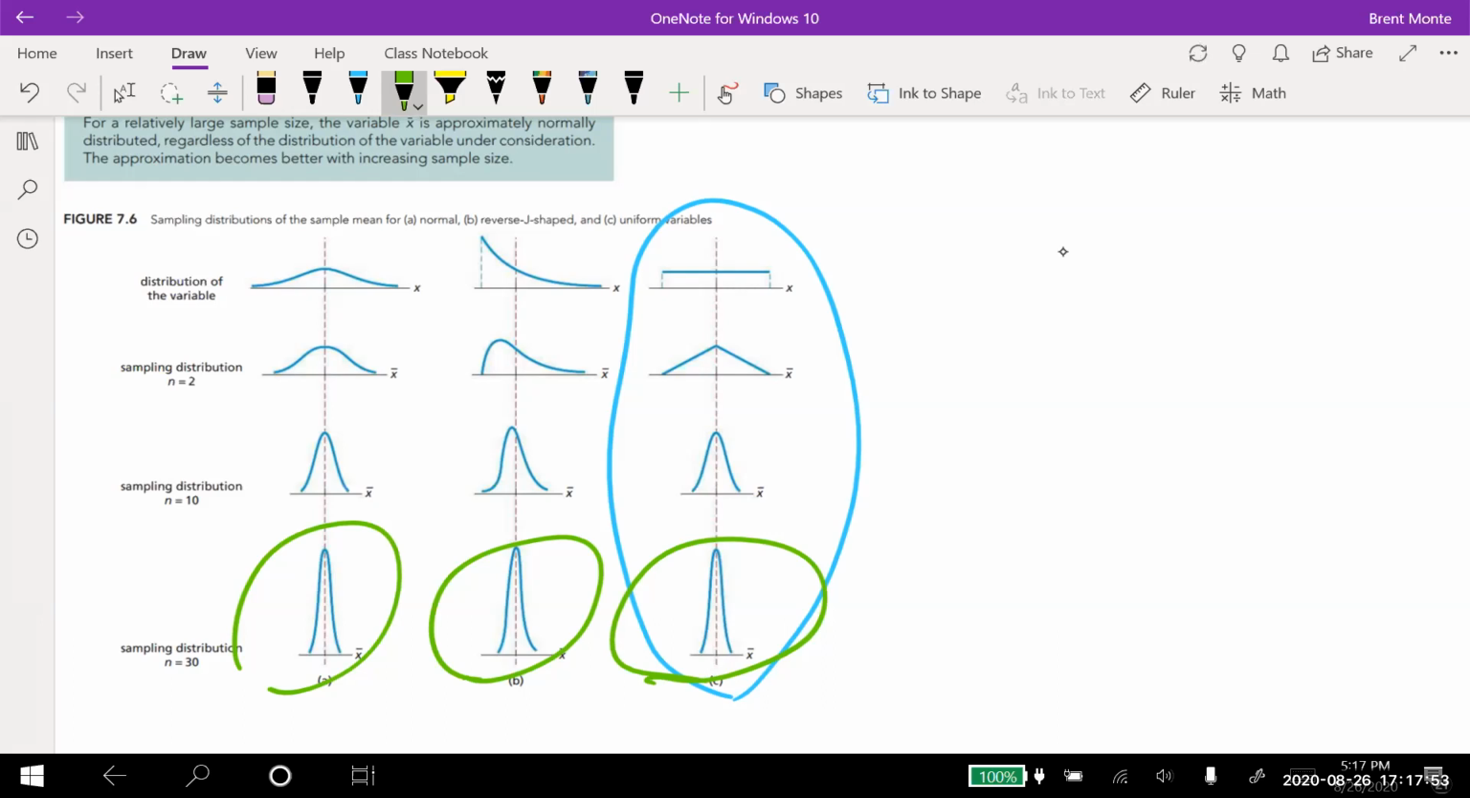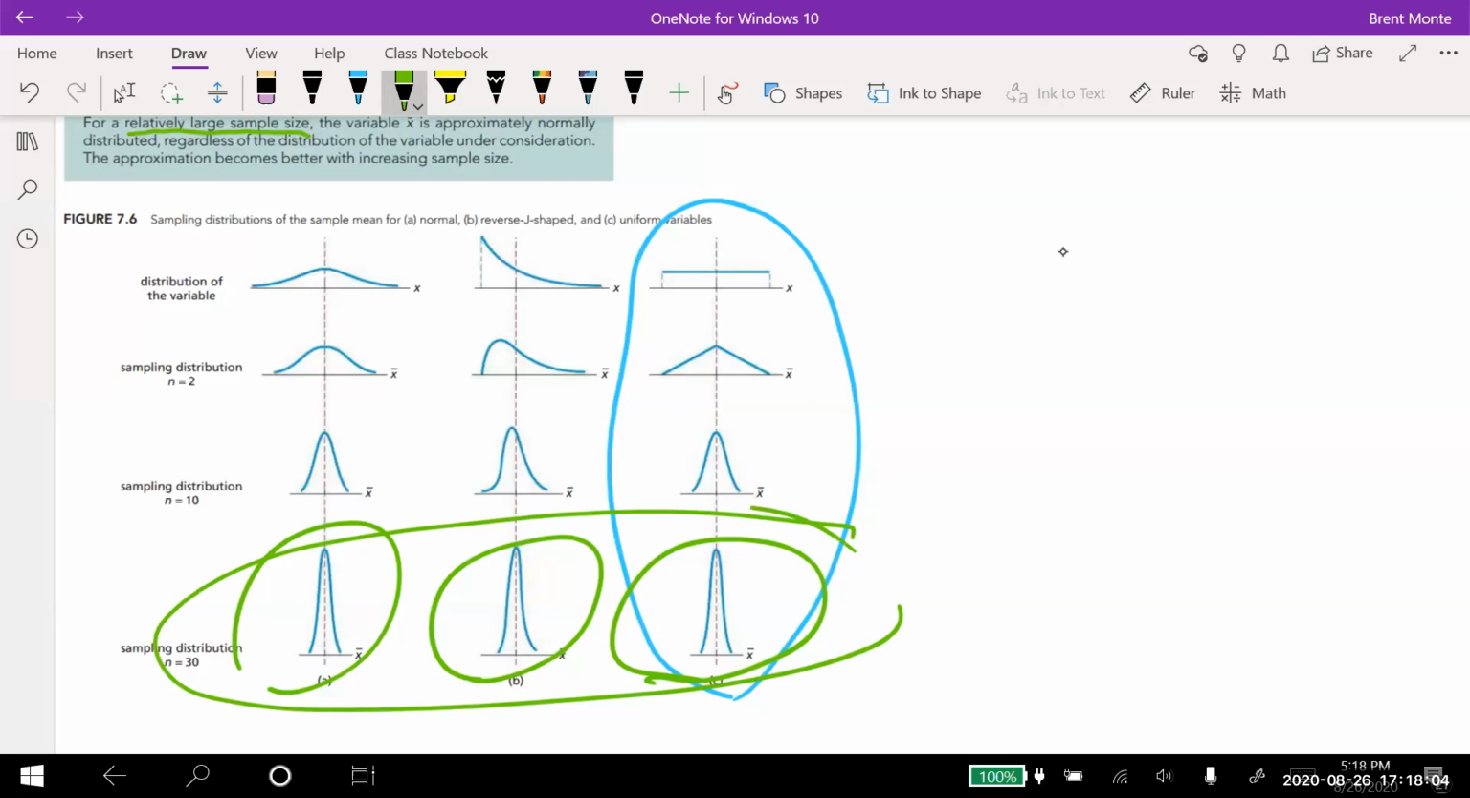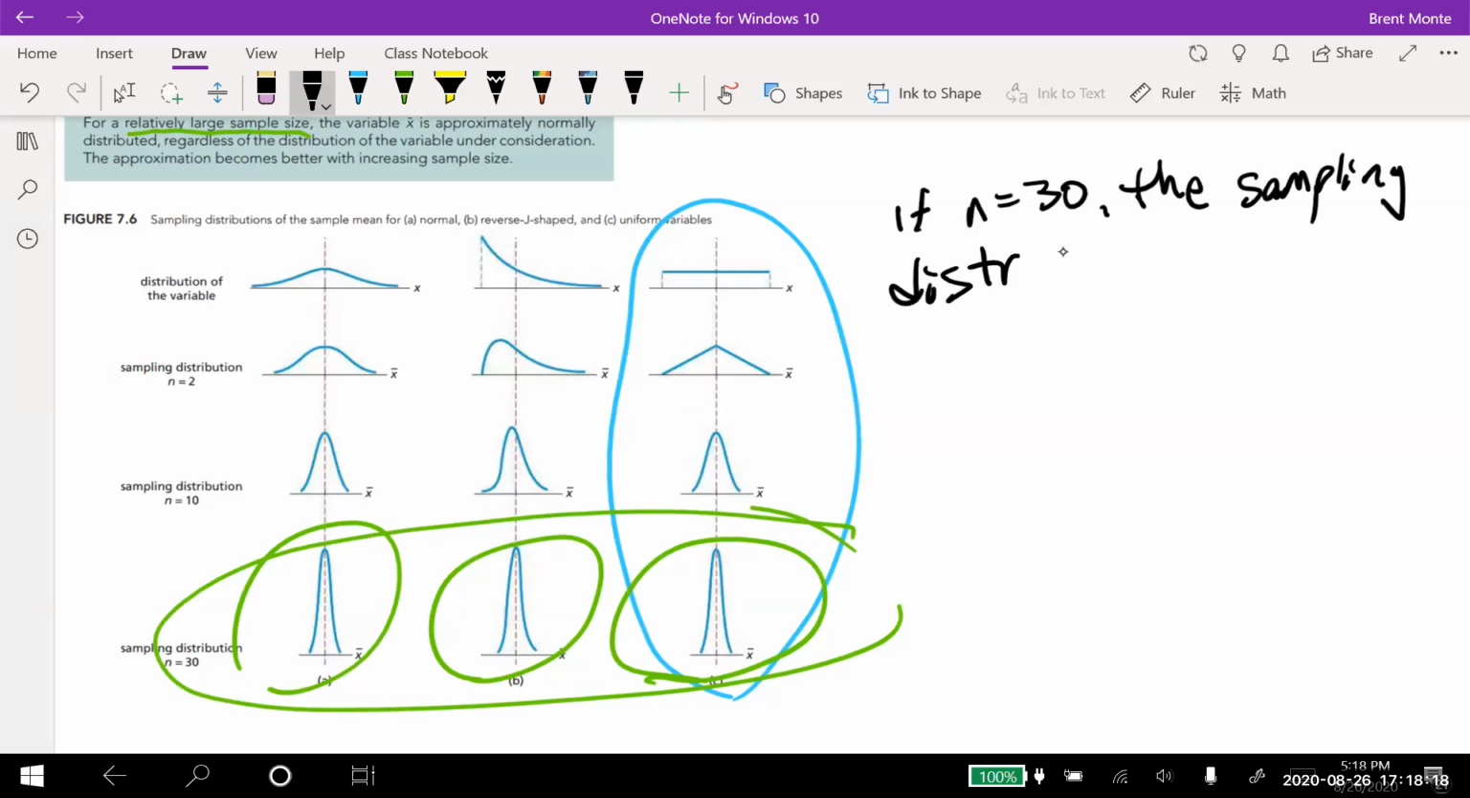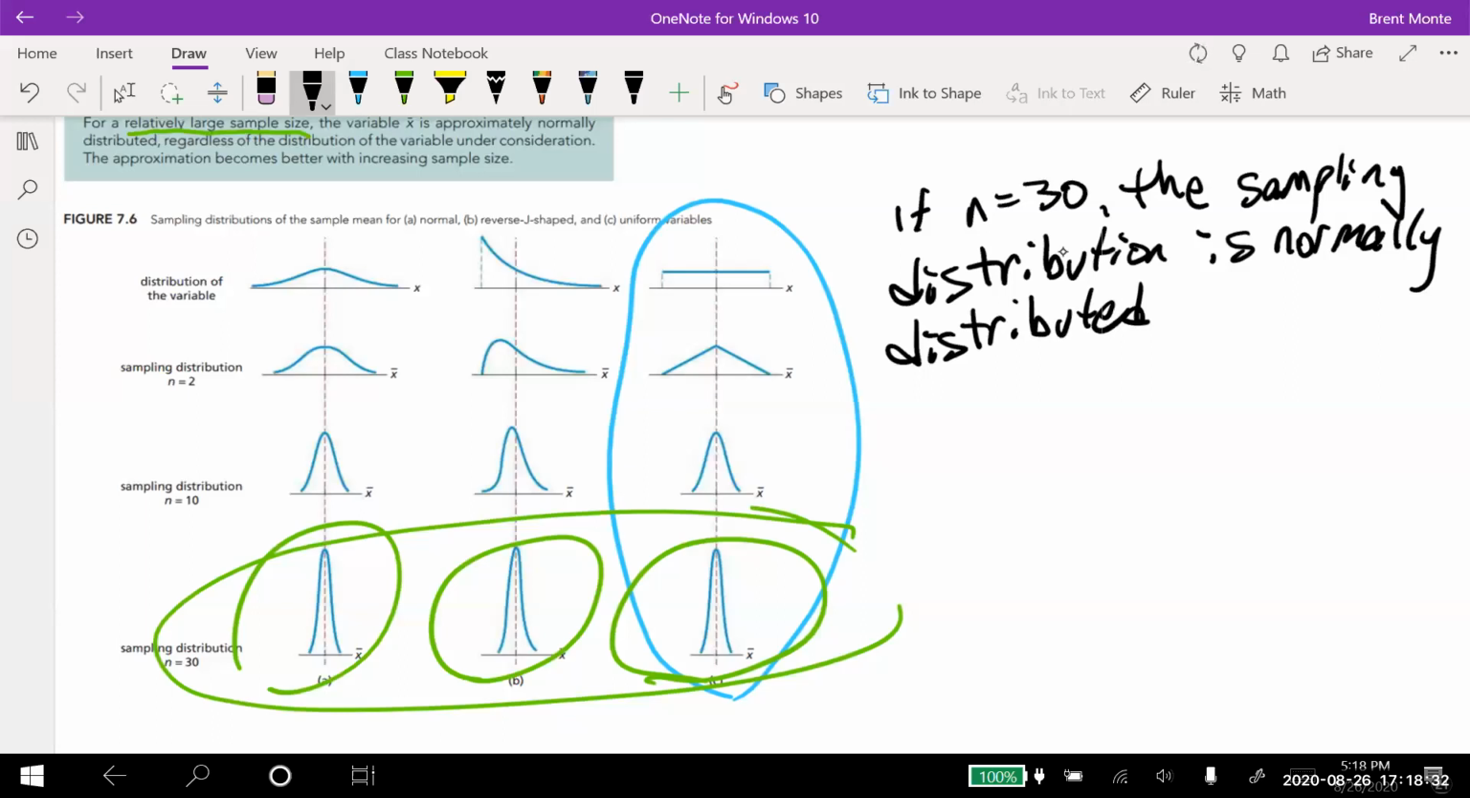So what the central limit theorem is saying, notice up here it says for a relatively large sample size. Well, we're going to take a relatively large sample size to be 30. So we can say this: if n equals 30, the sampling distribution is normally distributed. Regardless